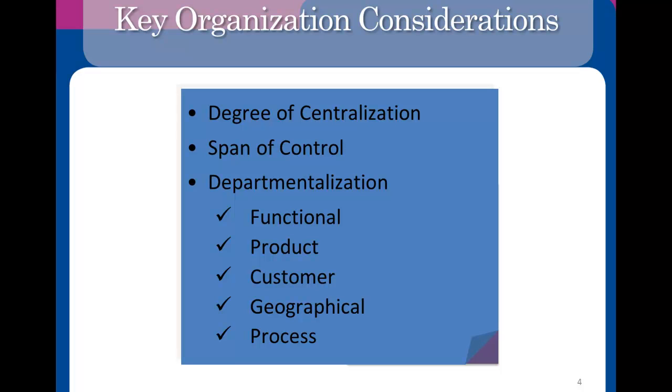Now, the negative part of a centralized structure, of course, is that it typically takes a long time to make decisions because they're very tall structures. And what I mean by that is the questions or recommendations or proposals have to go up a very tall chain of command through multiple steps, so to speak. And so it takes a little bit longer, right? You're not reporting directly to the person who can make decisions. You're reporting to their boss, and they're reporting to someone else, and so on and so forth. So making decisions becomes a little bit more difficult and time consuming because once again, you're going through multiple hierarchies, multiple levels of management to ultimately make a decision or at least